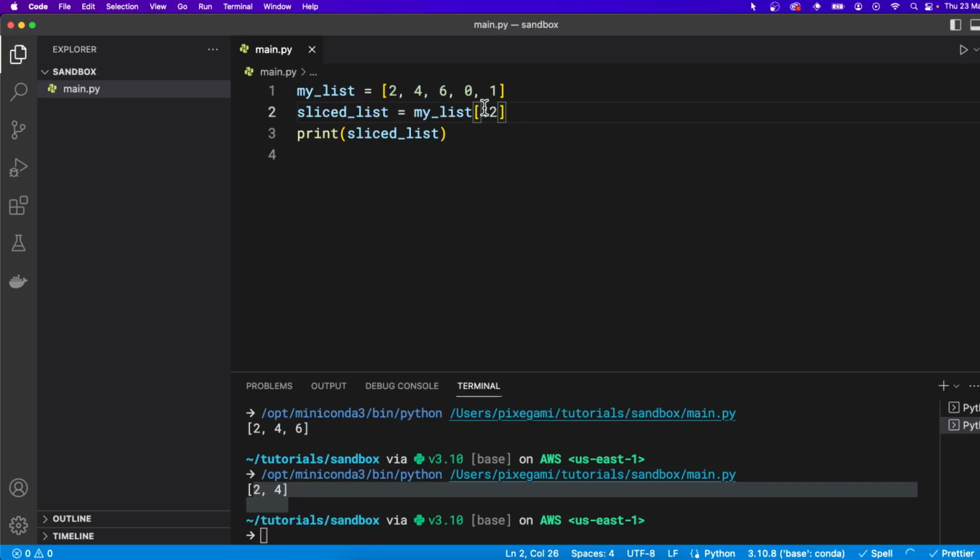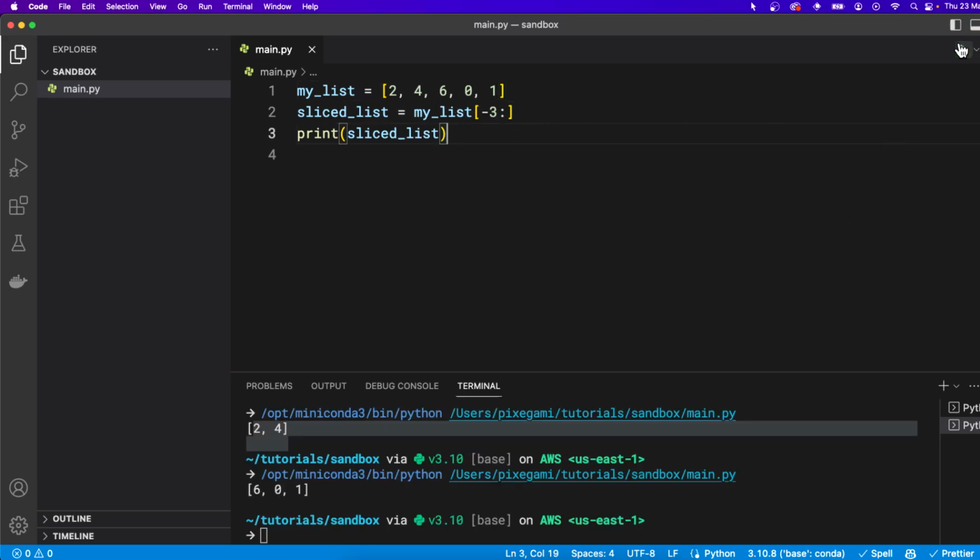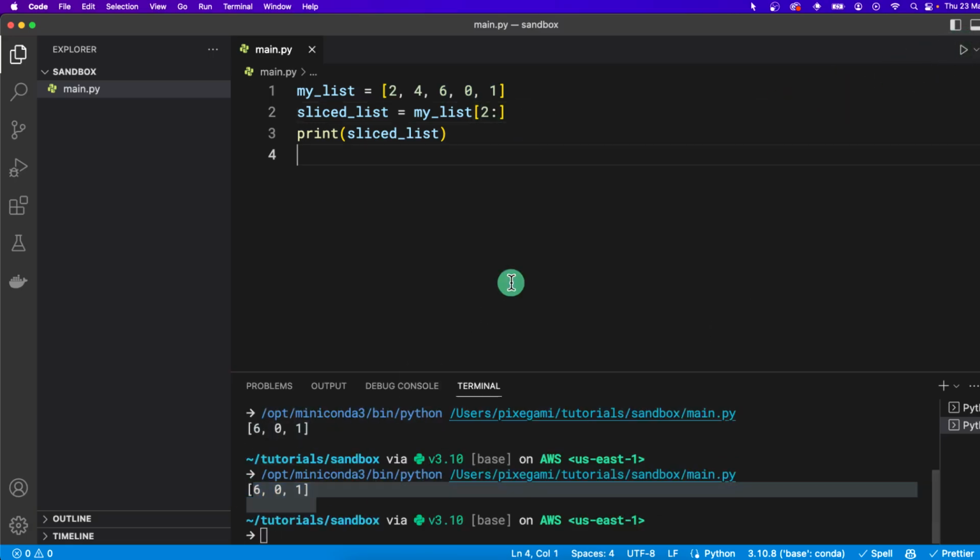Similarly, if I don't put anything on this side, it's going to assume that I want to slice from the start all the way to the end. So if I want the last 3 items, for example, I could do -3. Remember, we can use a negative index to count backwards, and then just slice it all the way to the end. And then if I run that, I get the last 3 items. I could also use a positive index. So here, if I use 2, it'll be slicing from 0, 1, 2. It'll slice from this one all the way to the end as well. And that works too.